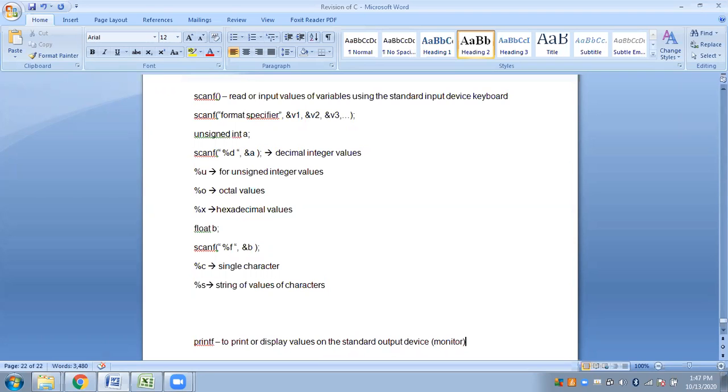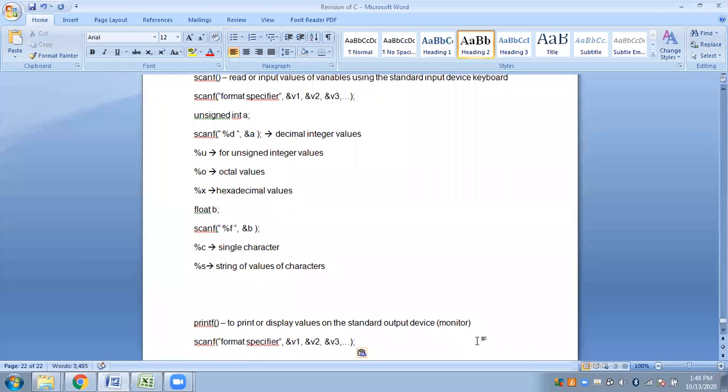So here we will be displaying values on the monitor. For that you have to make use of the printf function, and always remember functions are always used with braces, do not forget that. Now for printf, I'm just copy pasting this because it almost looks the same. The syntax is almost the same except that the name of the function is different, printf. You will also have a format specifier here, followed by the variables or values that you want to display.